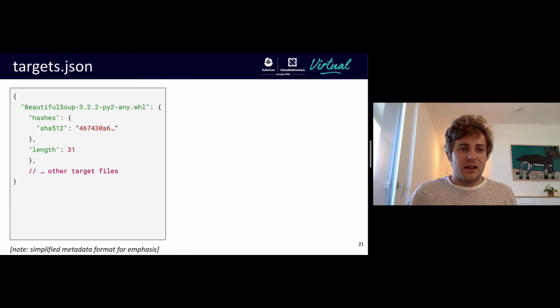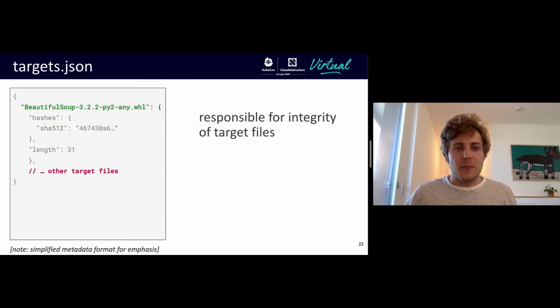First, let's take the targets metadata. Targets metadata is responsible for the integrity of target files. I said this earlier. It does so by listing each of the target files on the repository. For instance, here in this example, we have a Python package, Beautiful Soup, which helps you to parse HTML pages.